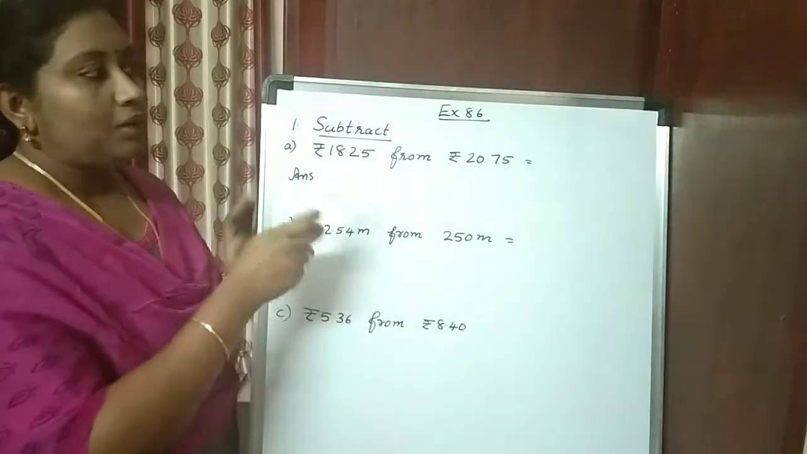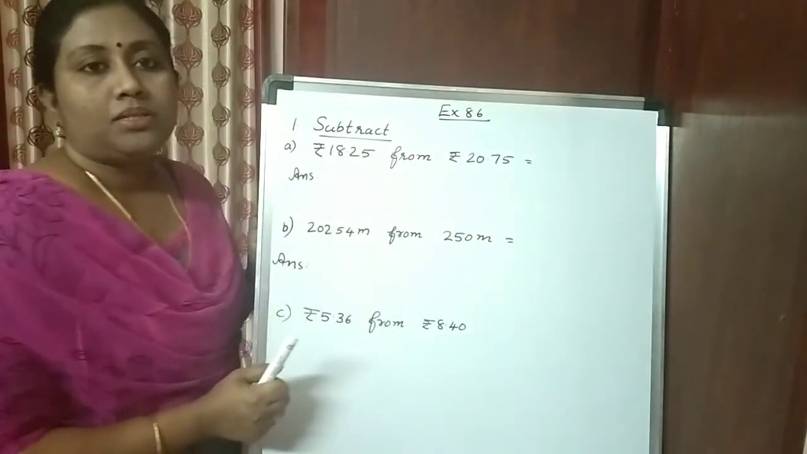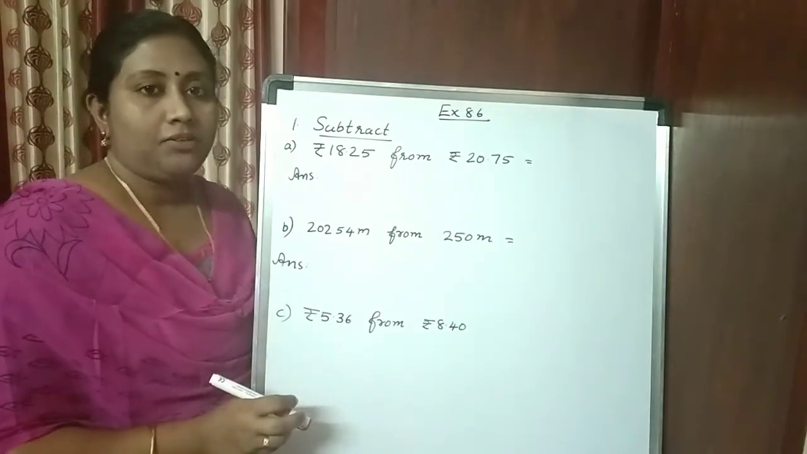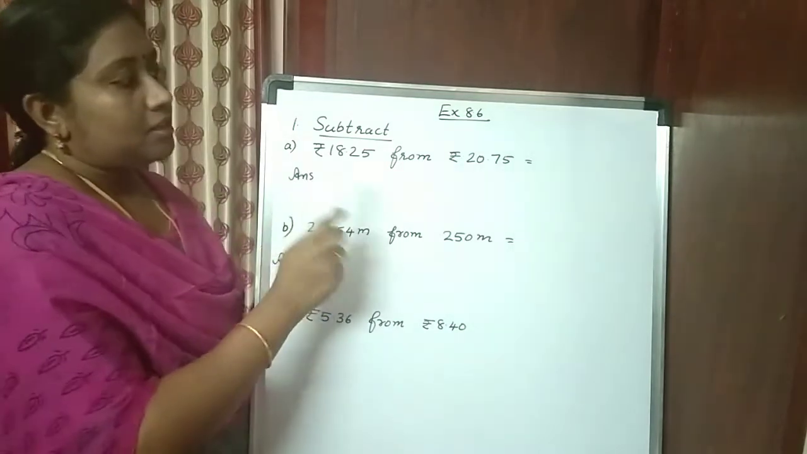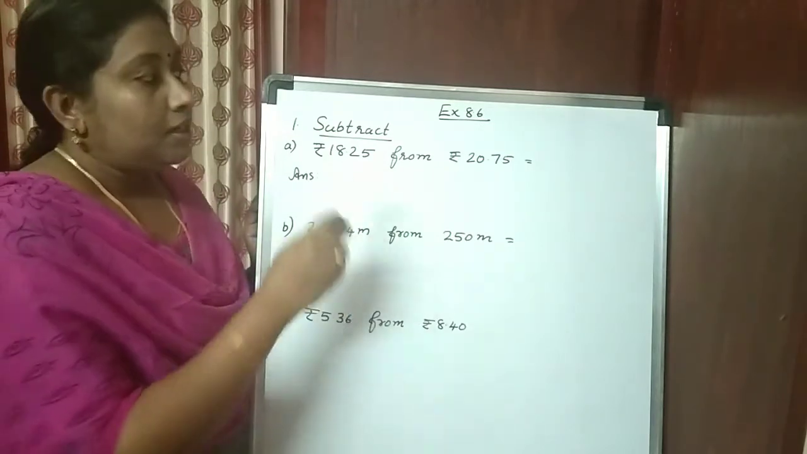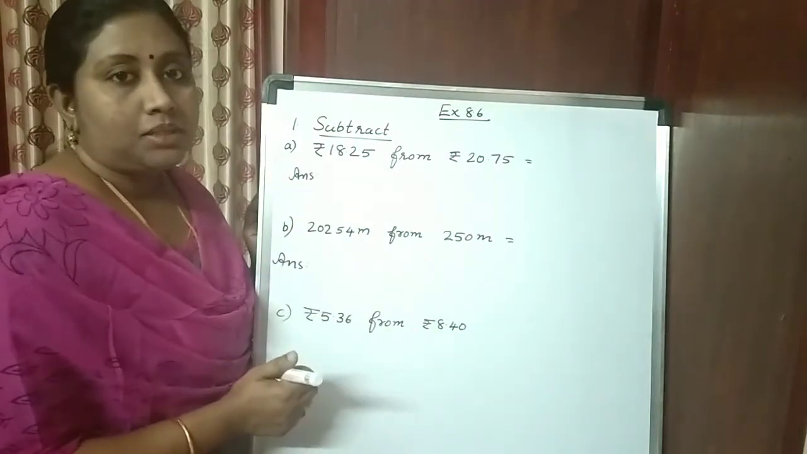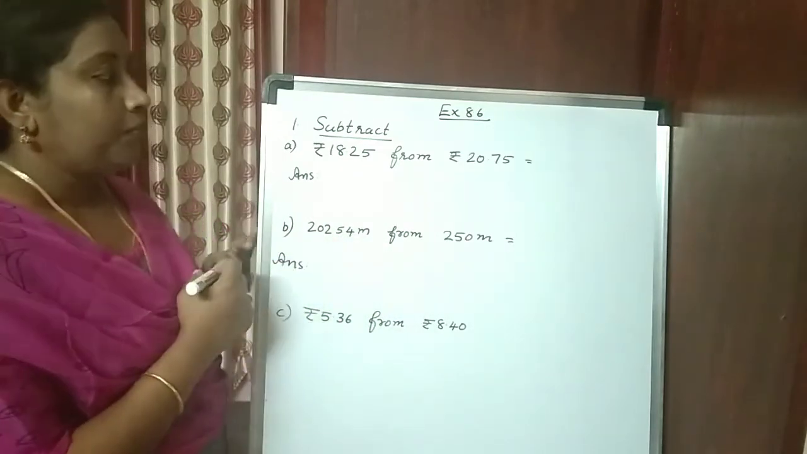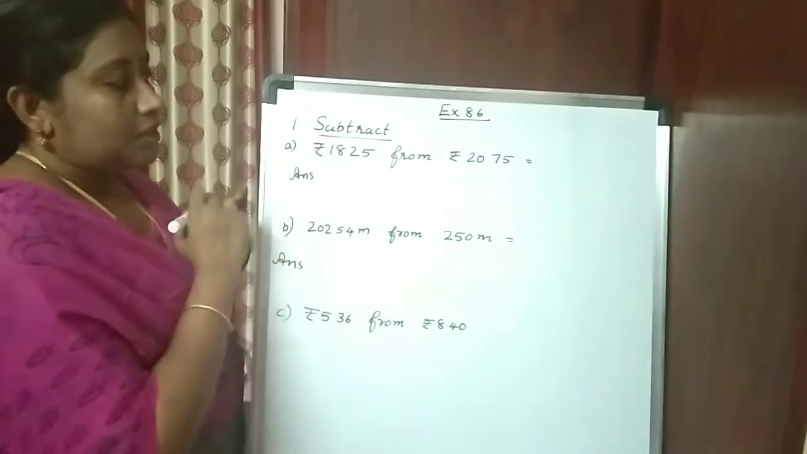Today we are going to learn exercise 8.6, that is in your textbook page number 181. Here, subtraction of decimal numbers. You already learned how to add two decimal numbers. That same method we use here also. Okay. Now, your first question is subtract